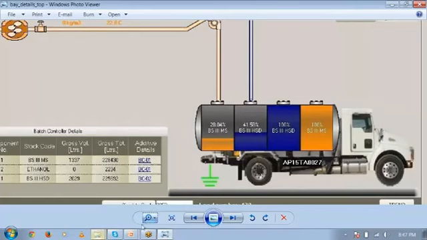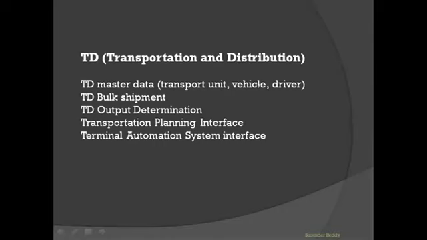The transportation unit is master data, and there is also the vehicle master data. Different vehicles we will use for transporting the goods based on the means of transport. For example, road transportation, train transportation, marine transportation, pipeline transportation. These are the means of transportation we will use in the oil and gas industry. Based on the means of transport, we have different vehicles. For road transportation, trucks are the vehicle. If you are using train transportation, then a train.